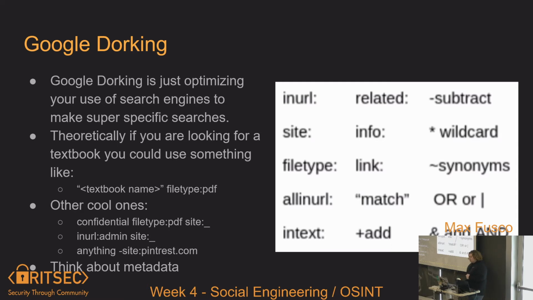Other cool things you could do is search up the word confidential, look at a specific file type like PDF, and target a specific site. It's going to filter down exactly for anything that's a PDF that contains confidential on that given site. Other stuff, inurl:admin, if there's somehow an index site that has admin in the URL, like somehow it's accessible through Google, you have an admin page, why not take a look at it if you're on an assessment. And then always, I actually didn't even think about this one.